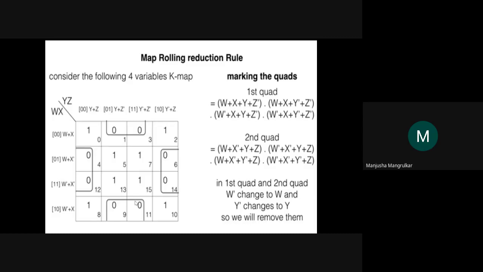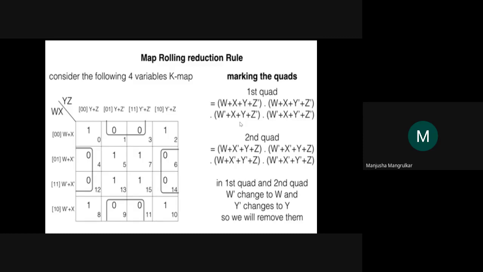Just because of that, we are going for minimizing the Boolean functions, right? So if you are pairing these two with these two, what is the function for that? W changes with W complement. Only the X is common. Now here the Y changes, but the Z complement will be the same. So what is the term for this? X plus Z complement, right? Only this much will come for this whole variable. All four terms will reduce to two variables, and that is X plus Z complement, right?